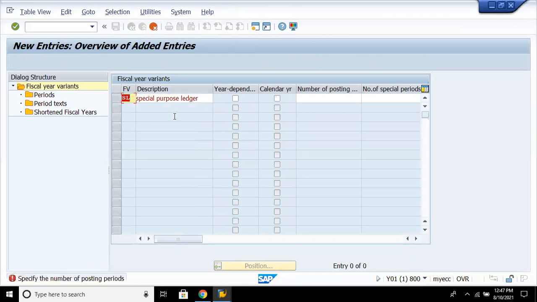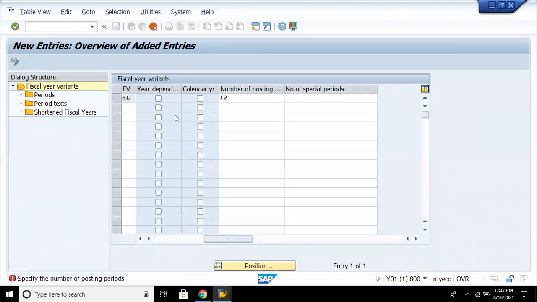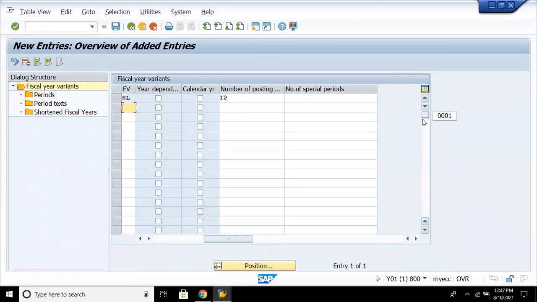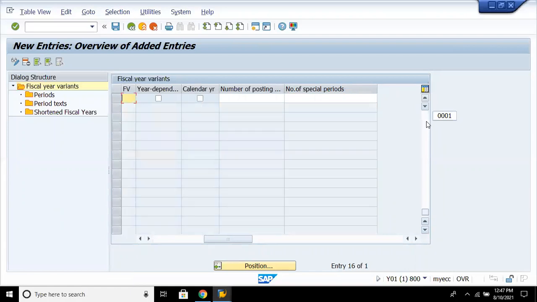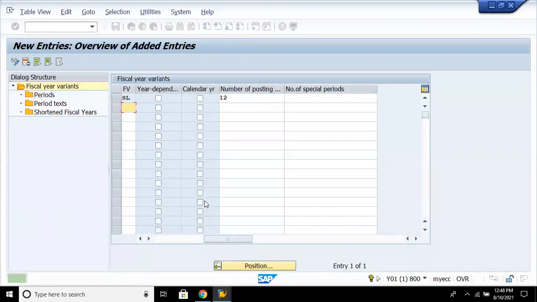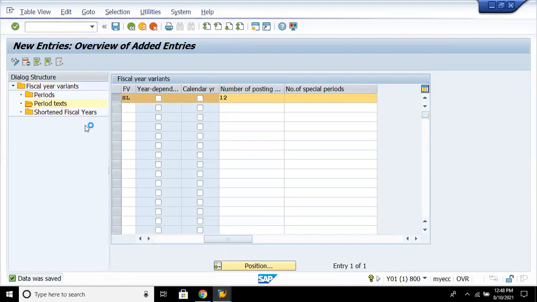We say there are 12 number postings and 4 special postings. As it is a special purpose ledger, we are not going to maintain any other data, nothing but your special posting periods data. Select the row, double click on period text,